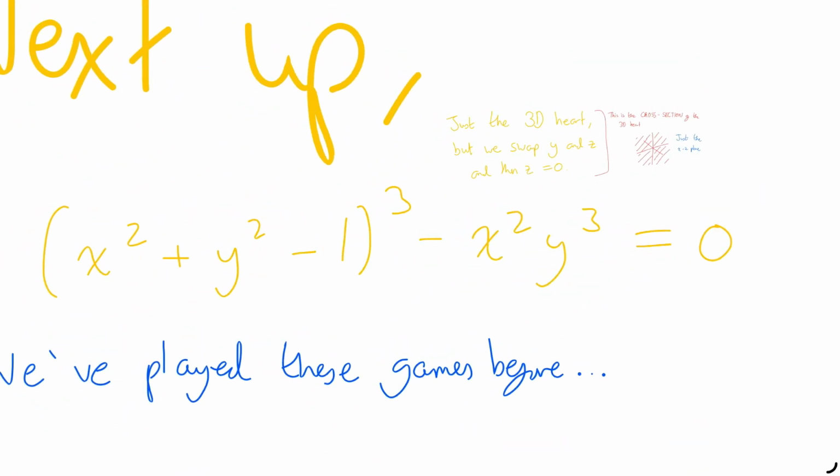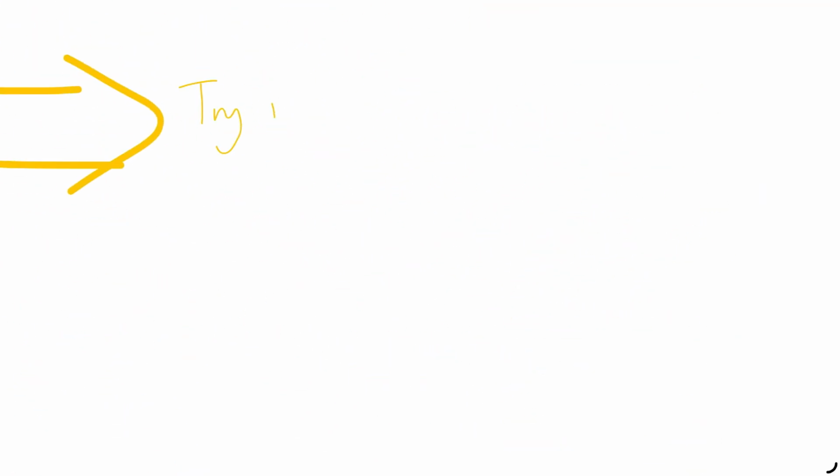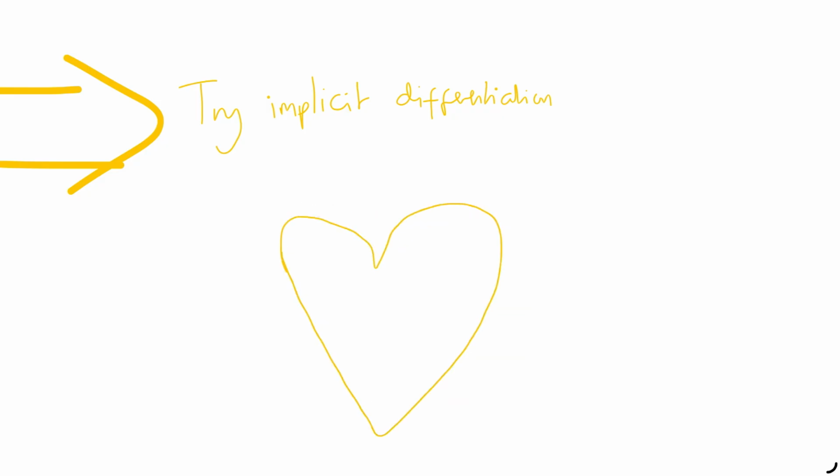Now this bit's kind of short, but if you want a challenge and you know about implicit differentiation, try and figure out the coordinates of the two peaks of the heart. Anyway, if you're trying to impress someone, this one's the one to go with because it's simple whilst actually looking like a heart. Now so far, all of these are ones that I found online, but this last one is